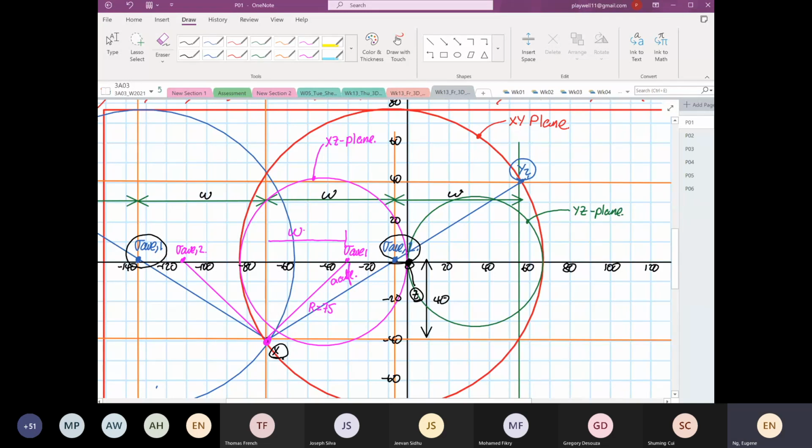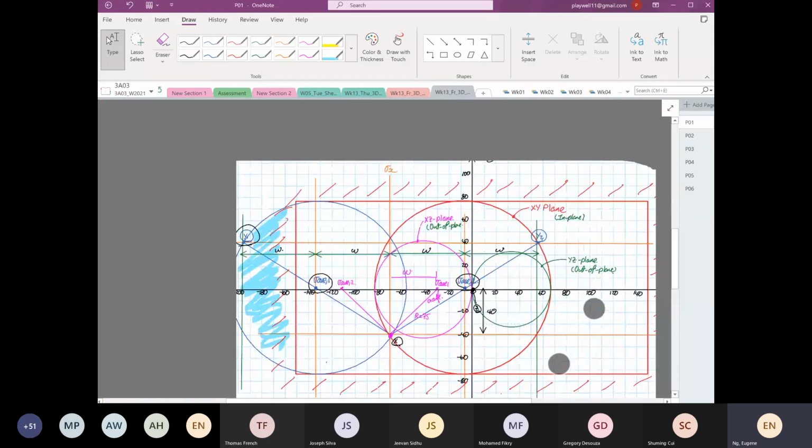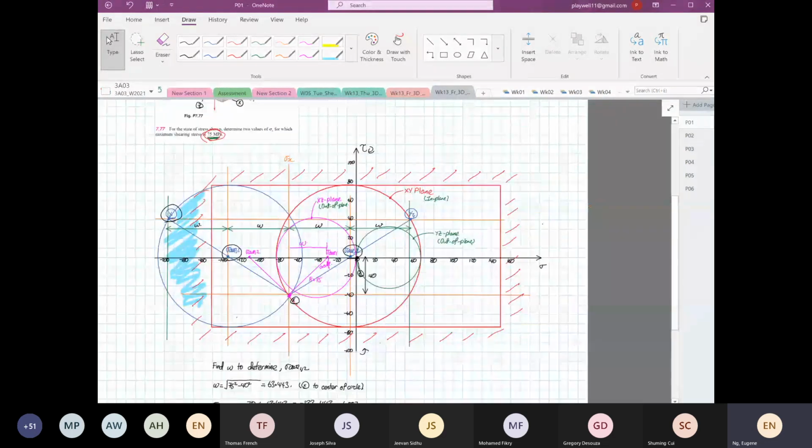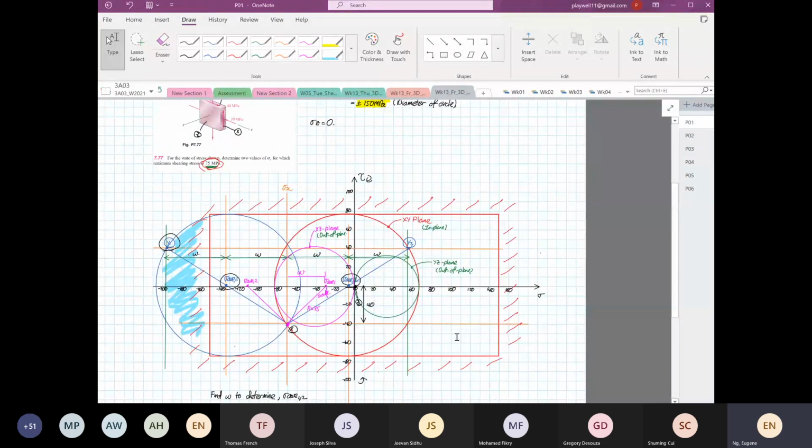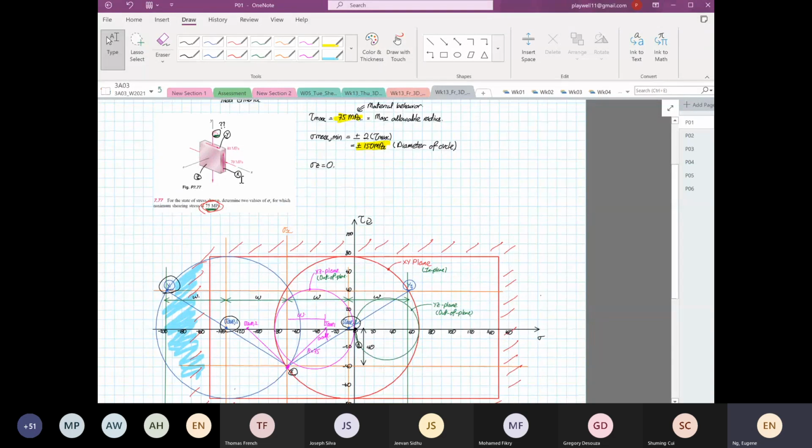Okay, so if we are to label, this will be out of plane. This is also out of plane. And then this is our in plane. Okay, so that is our 3D Mohr circle. For the problem, our problem number 1 down here,